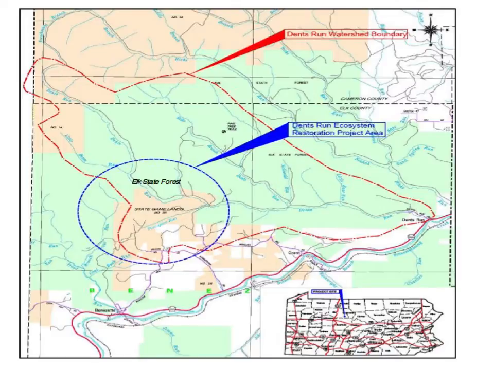One such place is in Elk County, Pennsylvania. This is actually a state game lands called the Dents Run ecosystem. Here we see a map of Pennsylvania, lower right-hand quadrant of that slide, and the outlines of the watershed for Dents Run. In that watershed, there was an open pit mine, and that open pit mine led to acidification of Dents Run and other streams in this area, which degraded the